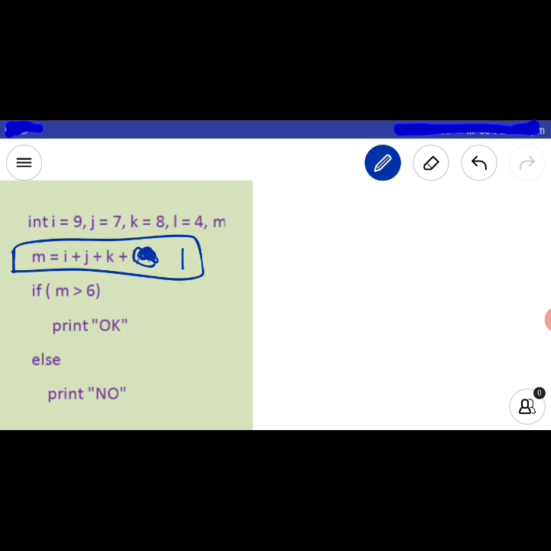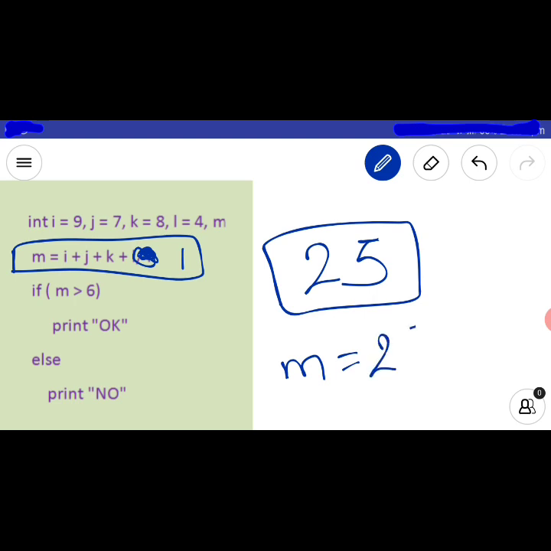So let's put the value and then do the addition. So 9 plus 7 is 16 and 16 plus 8 is 24 and 24 plus 1 is 25, right? Now what we have, m equals 25. Okay, now we have the value.